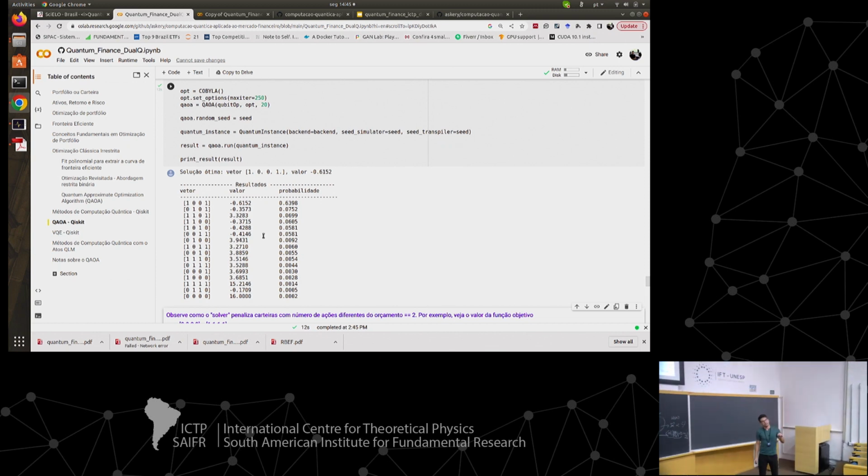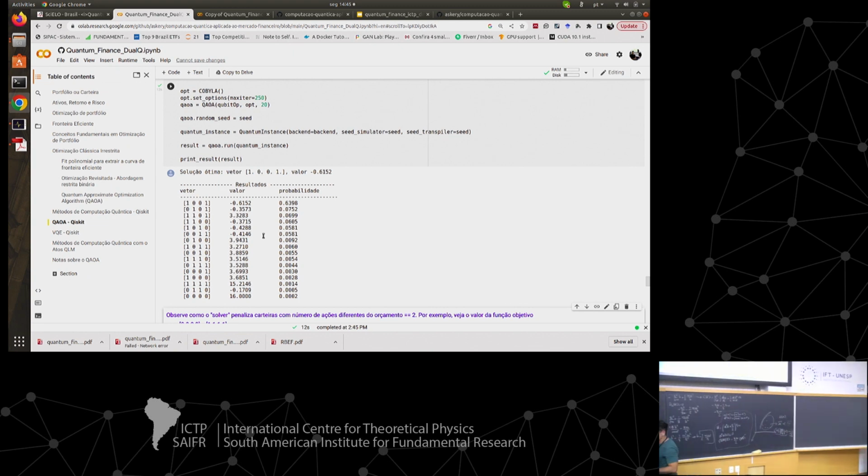We didn't compare the problem fairly. It's not the same problem, because in the first case we had a real number, which is the weight of that stock in your portfolio. Here, we are asking just whether I put the stock or not. We can do this. We tried, but it didn't work because it doesn't scale. It's an idea, and I'm not angry if you steal the idea and publish that.